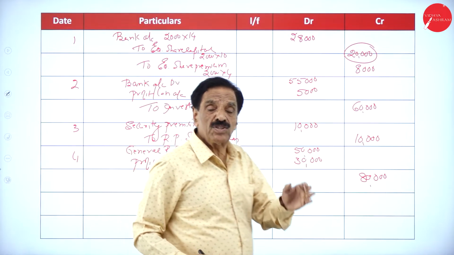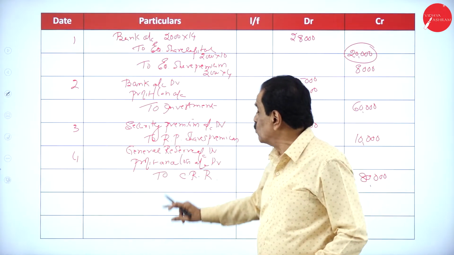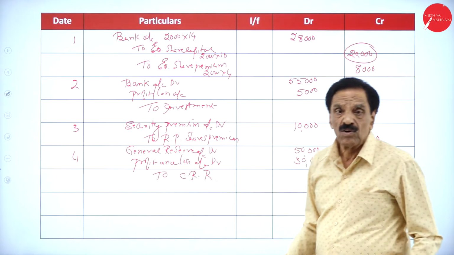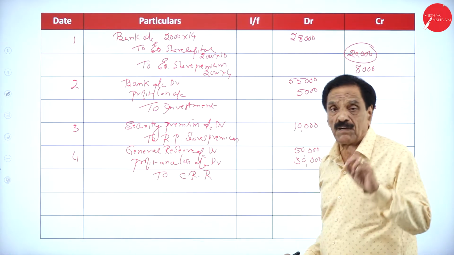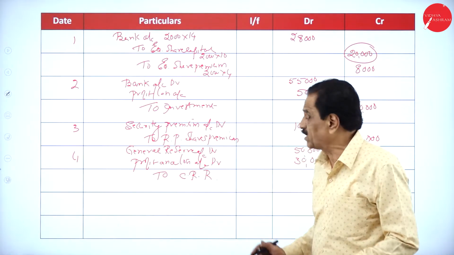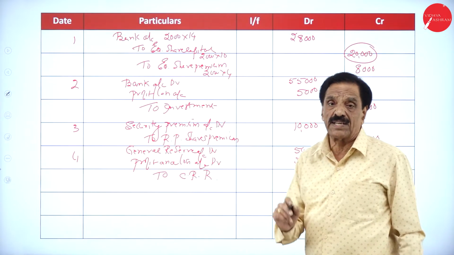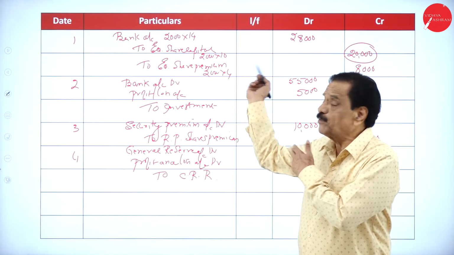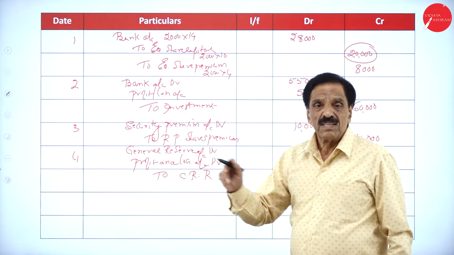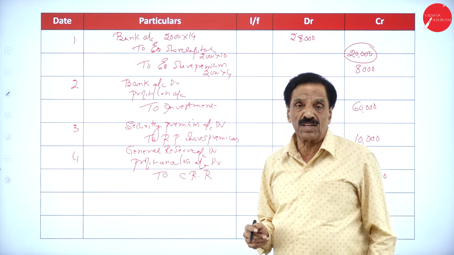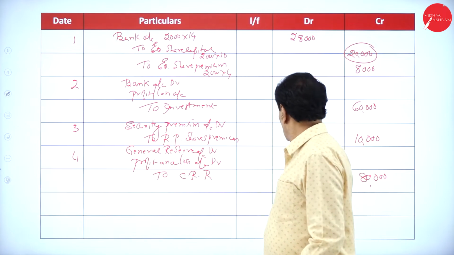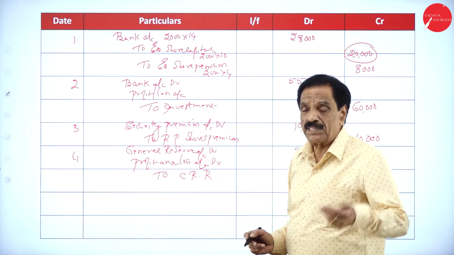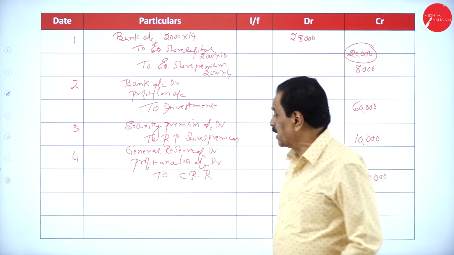How much by issuing the share? You got 20,000. You create the CRR here. You create the CRR with the help of general reserve and profit and loss account. General reserve account debit, profit and loss account debit to CRR account. Premium to premium satisfied. Now, 20,000 you already got by issuing the share. How much shortage? About 80,000 that has been taken from the reserve and profit and loss account.